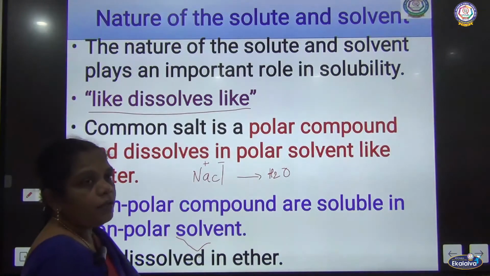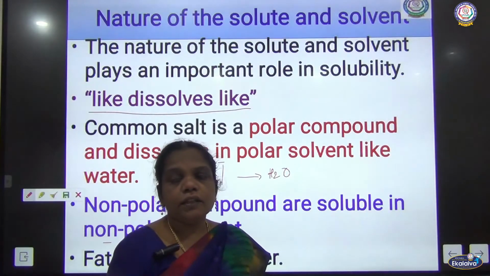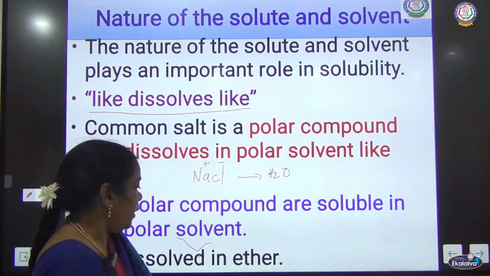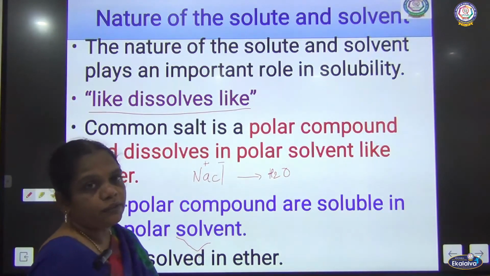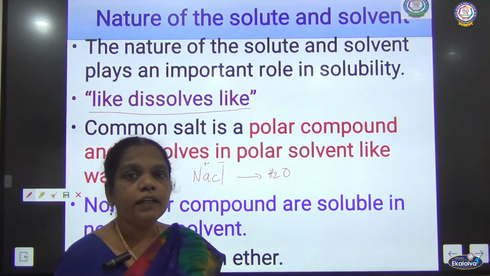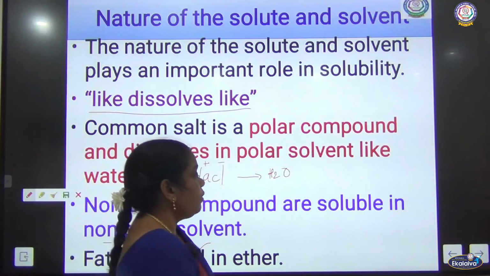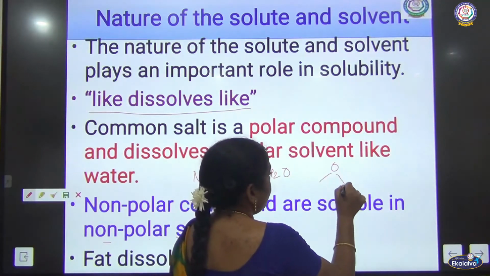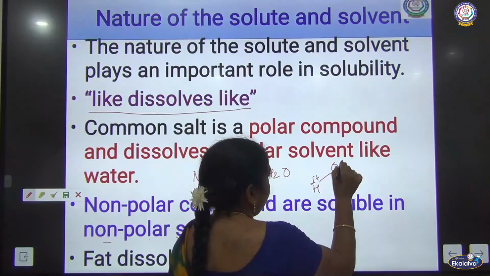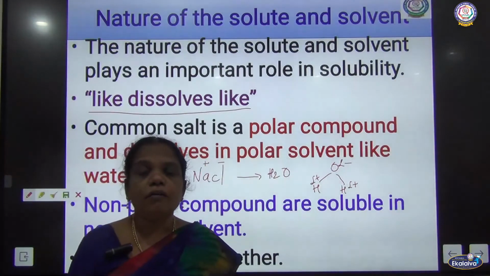And for the non-polar case, the compound does not contain any charged particles; that is, the compound is made of covalent bonds. You can see that all the organic substances are insoluble in water, or the water, otherwise we call it what? Polar solvent, because the water has what? Two ends, partial positive end and partial negative end. So, that it is a polar solvent.